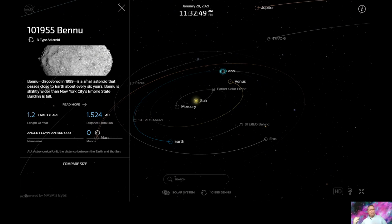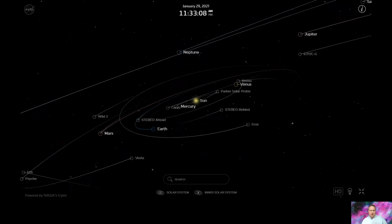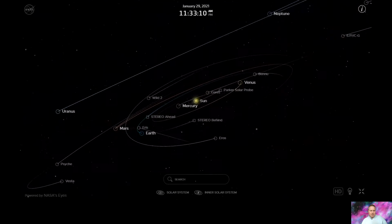It whizzes by, has an orbit of about 1.2 years, and every now and then gets closer to Earth than some of the other asteroids we may have heard of. So we've got planets, we've got dwarf planets, we've got asteroids, and then flying around at an even weirder angle...